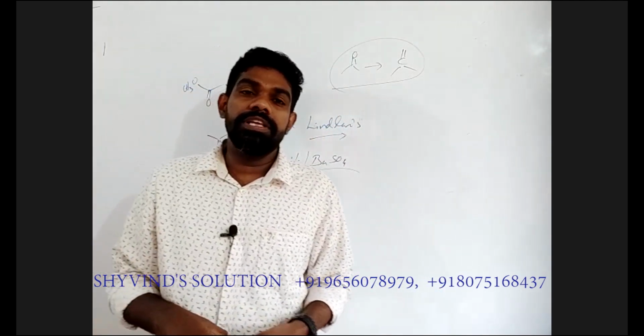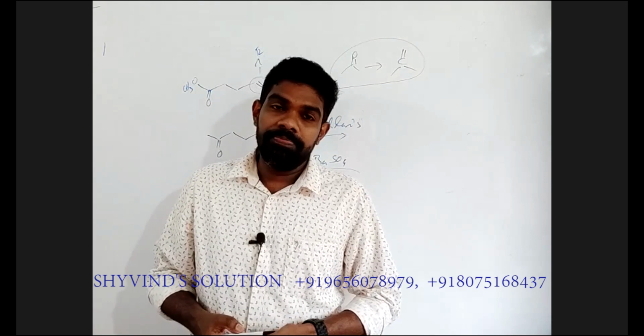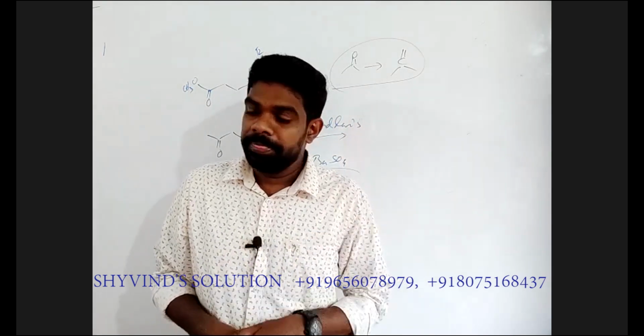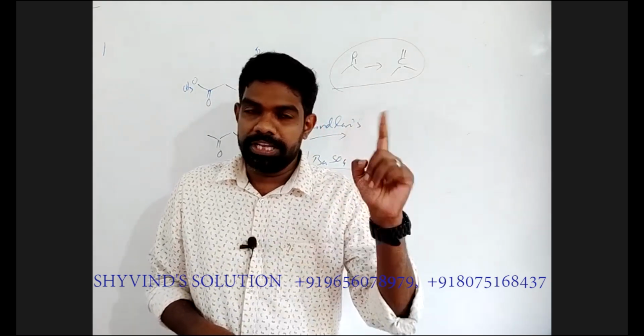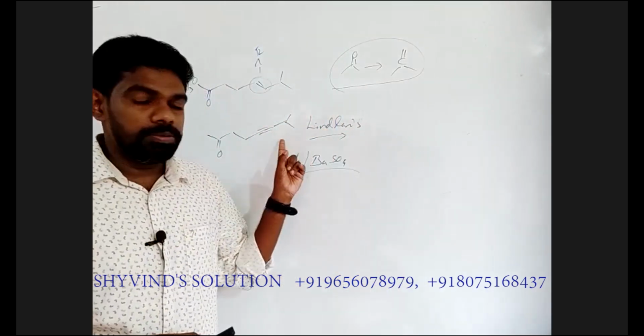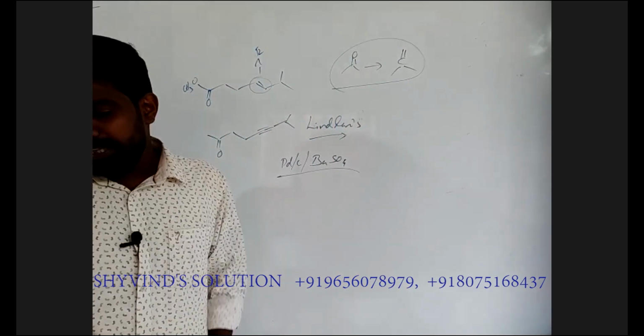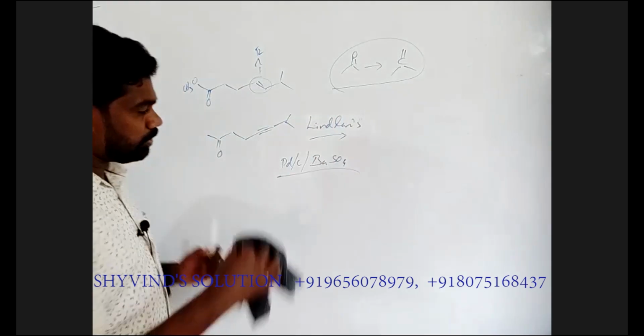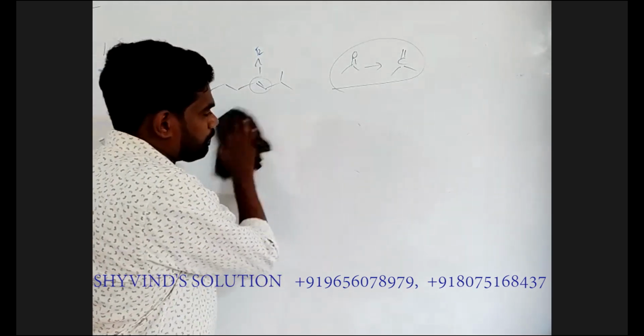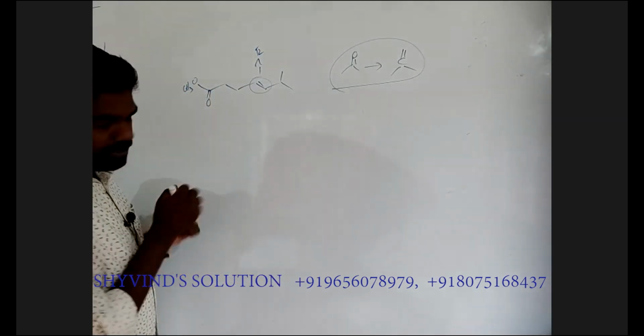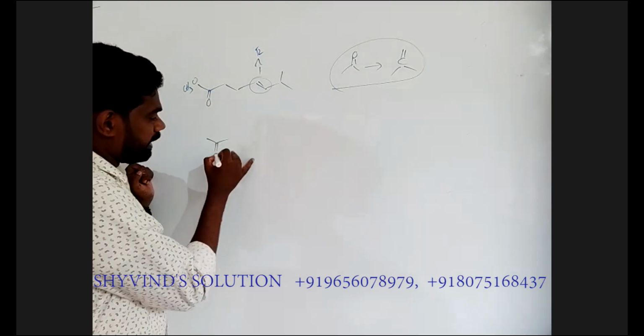Lindlar catalyst always gives you cis product, that means Z product. First option and third option will give you Z product, and the fourth option also will give a similar product. Fourth option is like this,